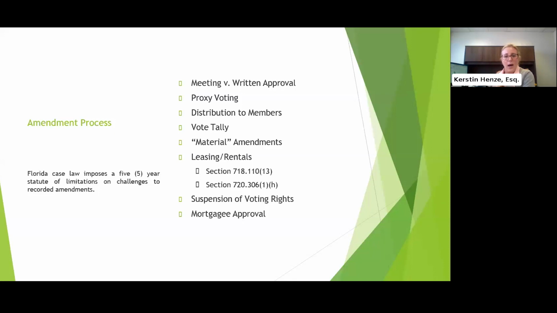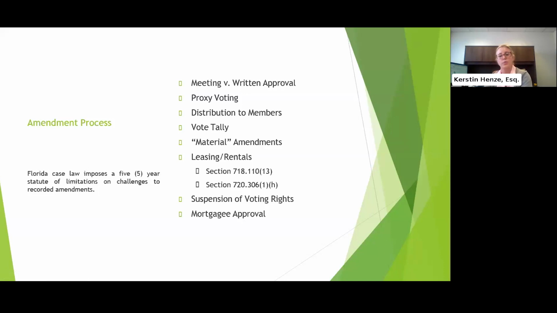Okay. Now, the amendments can be presented to the owners either for approval at a membership meeting, and this could be your annual meeting or a special membership meeting, or amendments can be presented to the owners by the written consent process, and that's in lieu of having a meeting.